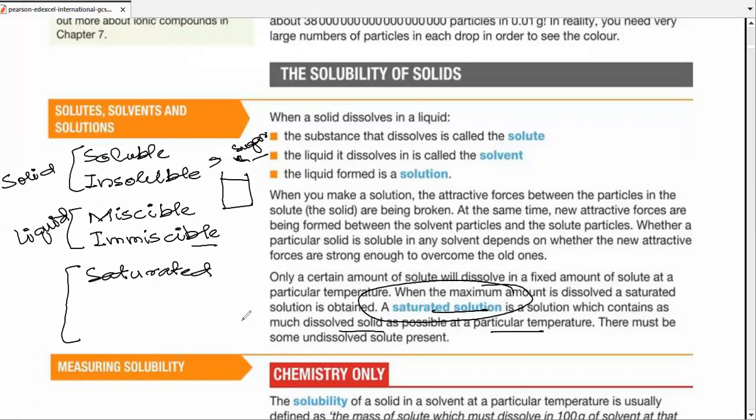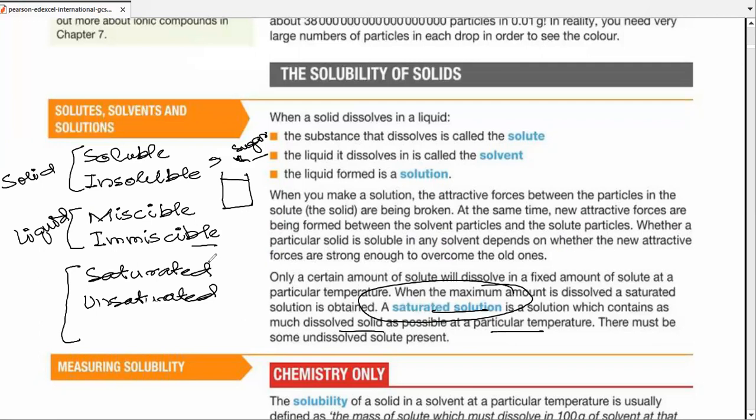Okay. And unsaturated is the term used for its exact opposite. Anything less than 3 tablespoons would be unsaturated. Let's say you try to dissolve 2 tablespoons of sugar in water. So that's unsaturated. Why? Because you can dissolve 1 more spoon. So anything lower than the maximum amount is actually unsaturated. So that can be a spoon or a spoon and a half or 2 spoons, or anything lesser than the